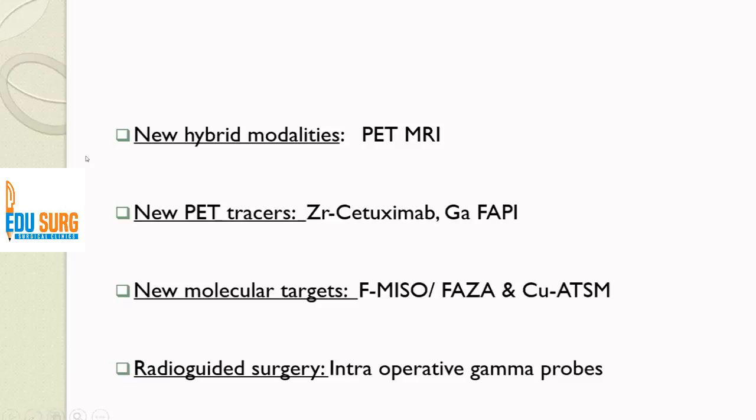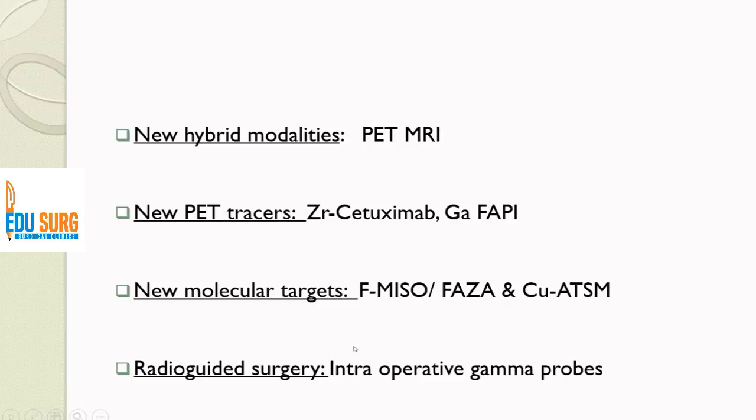using PET-CT. Also, when I say radiotherapy planning, we have to target areas which are hypoxic. These tracers, the misonidazole and FASA and the copper ATSM PET-CT, target the hypoxic areas of the tumor. The more the hypoxia, the more radio-resistant is the disease. So whichever areas are showing high uptake, that part of the tumor bed will require an additional boost of radiation in the therapeutic setting. Also, the most recent